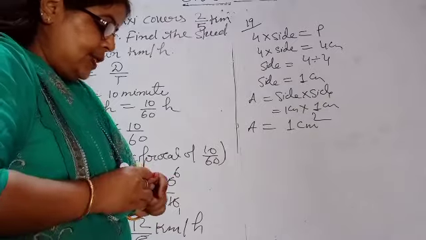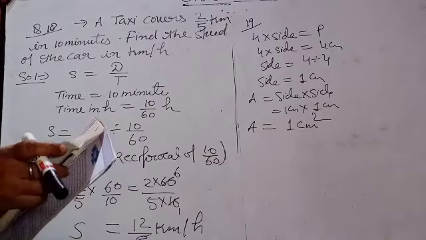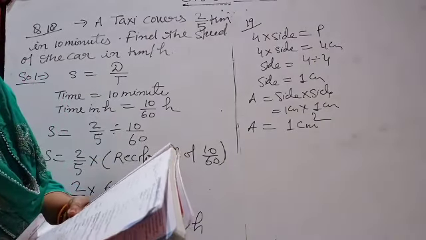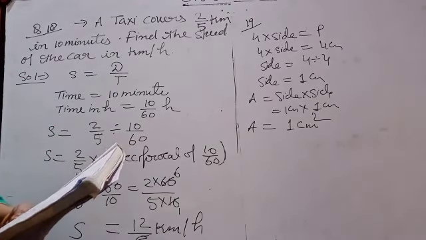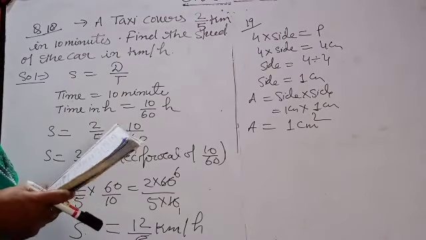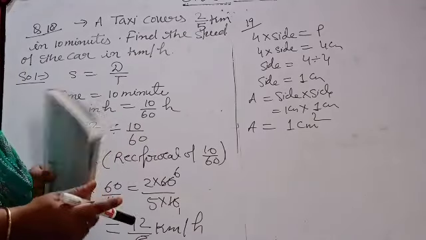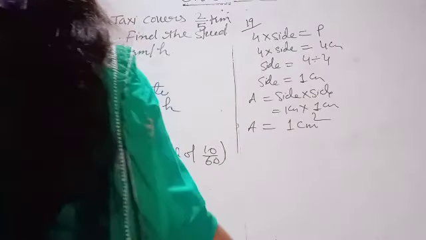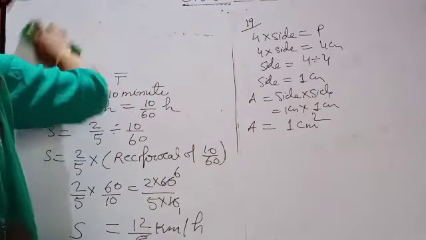Question number 20 is a very simple question. The cost of 2 kg potatoes is, nothing is given, and the cost of 24 kg potatoes is. So cut this question, the value is not given. This question is incomplete, so no need to do this one, otherwise if the value were there, it is a very simple question. Now come to question number 21. We have left question number 20. Now we are moving to question number 21. See what question number 21 is now.